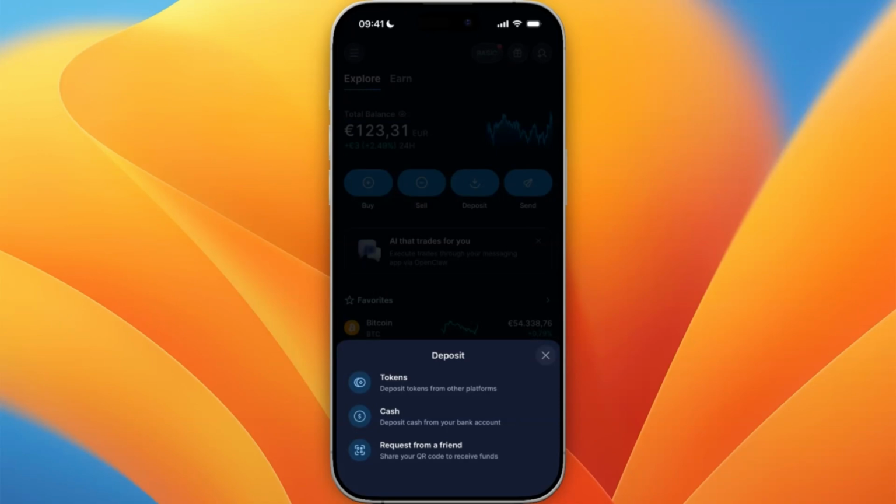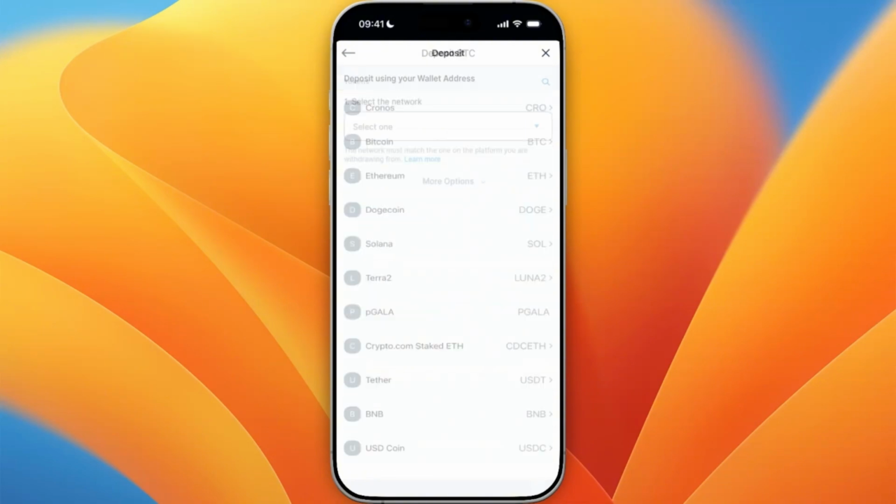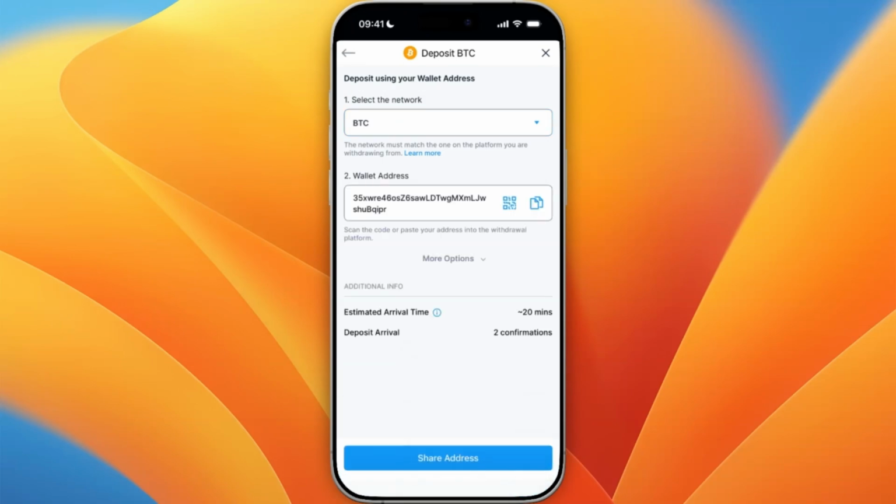If you want to do tokens, then click on that. Select the cryptocurrency that someone is sending to you from another wallet. So for example, if they are sending Bitcoin to you, here select Bitcoin, and then select the same network as on the other sending wallet. So if there it is the Bitcoin network, then here also select Bitcoin, and then just go and copy your